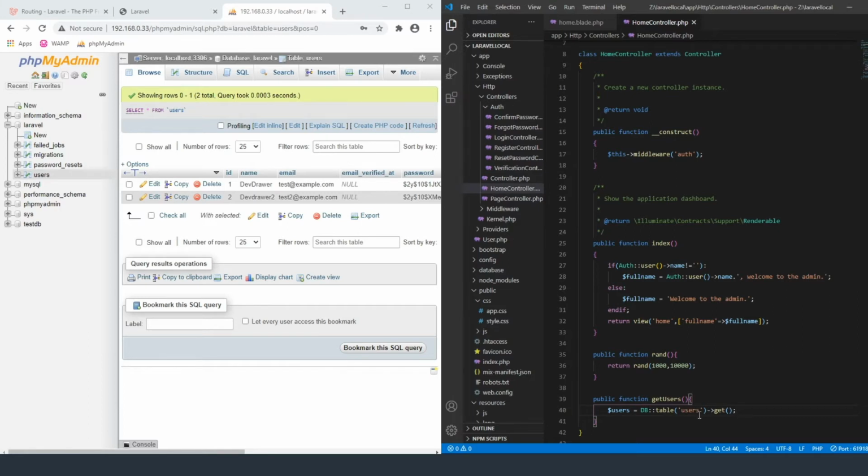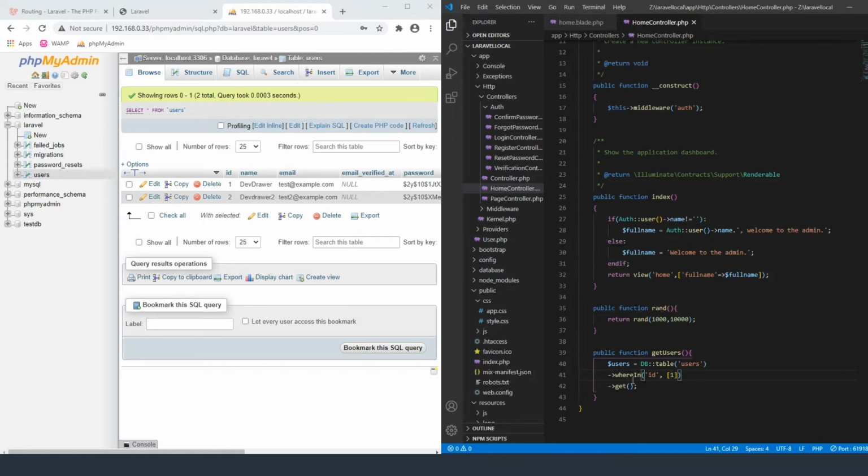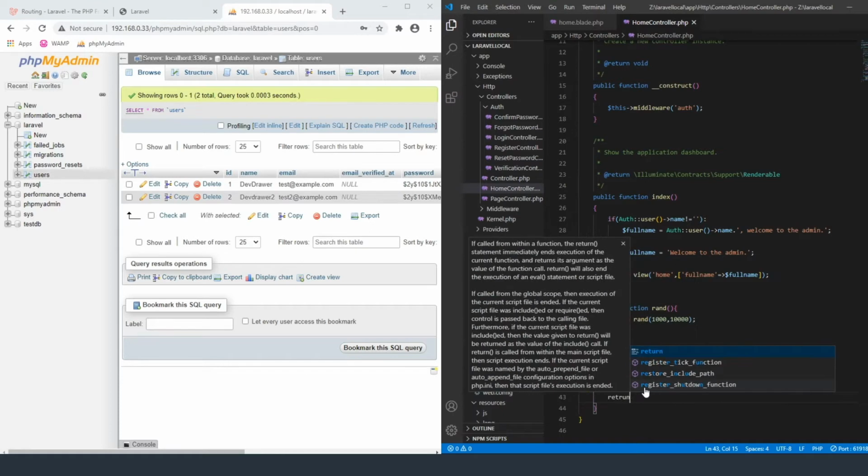We could also pass variables to it. So let's say if we only wanted to get a user with the ID of 1, we could come in here and say, let me bring this down so it actually makes a little bit more sense. So where in ID, and then we can pass an array. So if we wanted to get user 1 and 2, we could pass in 1, 2. But we're just going to do users 1 right now. So this function right here would return a list of users for us to pull from. So we can just come in here and say return